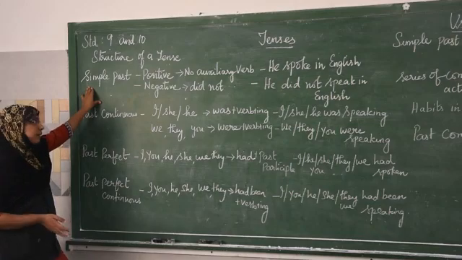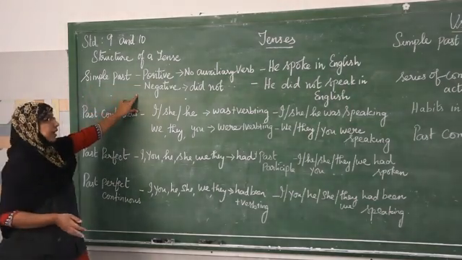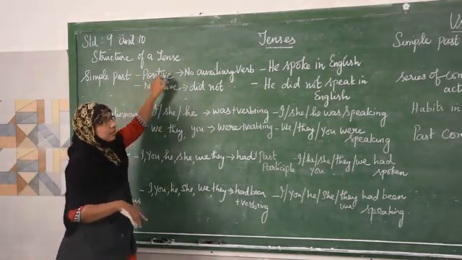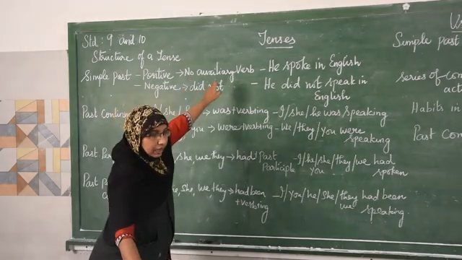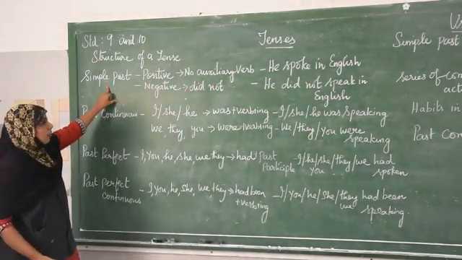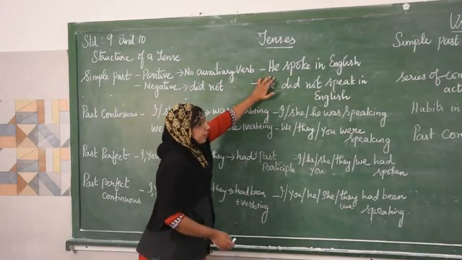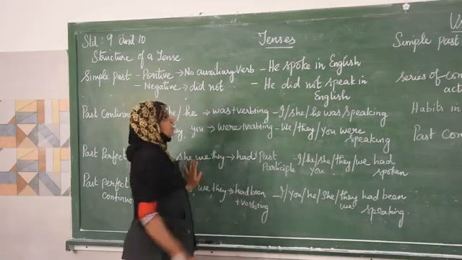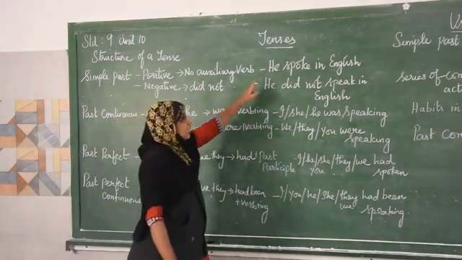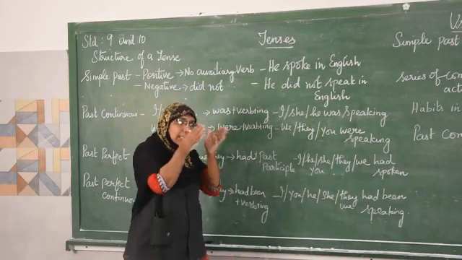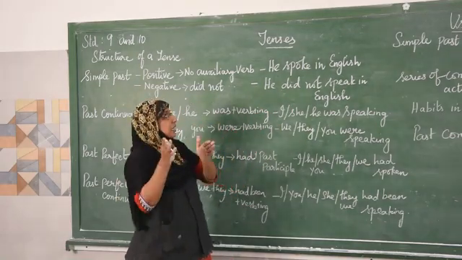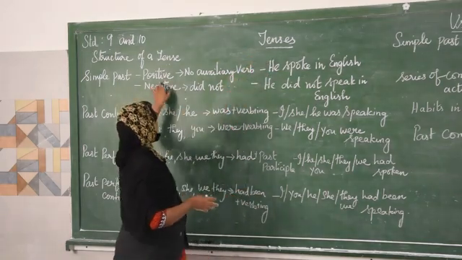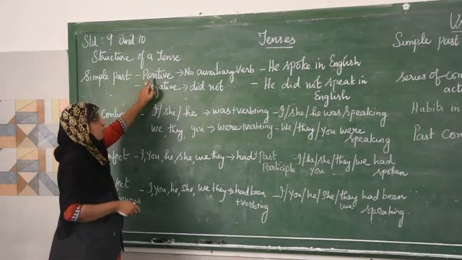Now how to form this simple past? Positive and negative sentence, that is affirmative and negative sentence. For positive sentence, we are not using any auxiliary verb. Why are we not using an auxiliary verb here? Because we are using only the main verb. He spoke in English. Here actually the auxiliary verb is hidden. Even in the simple present form I told you, he speaks in English. That means he does speak in English there. So the do form of the verb is hidden here. So no need of using the auxiliary verb for the positive sentence.